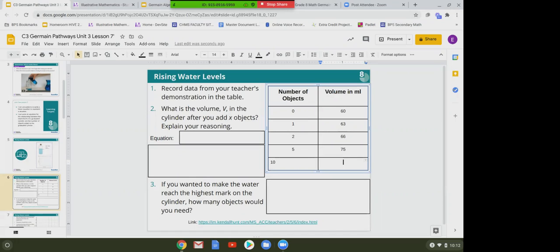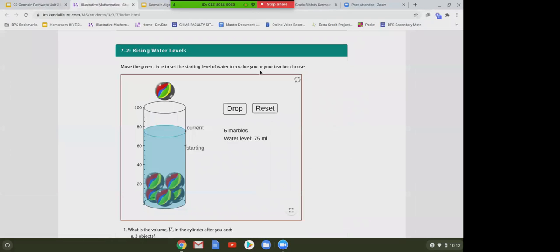We're taking another 20 seconds to figure out how many milliliters 10 marbles would have. A lot of friends are saying 90 milliliters. Let's use that tool, that website, to help us figure out how many milliliters it would have. So if I add another marble here,